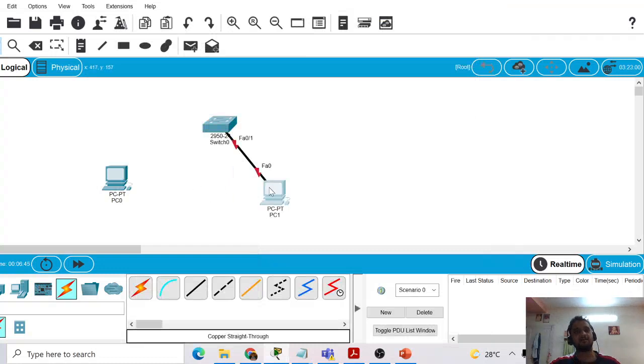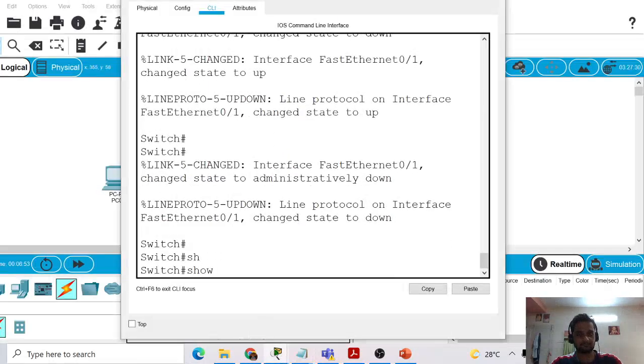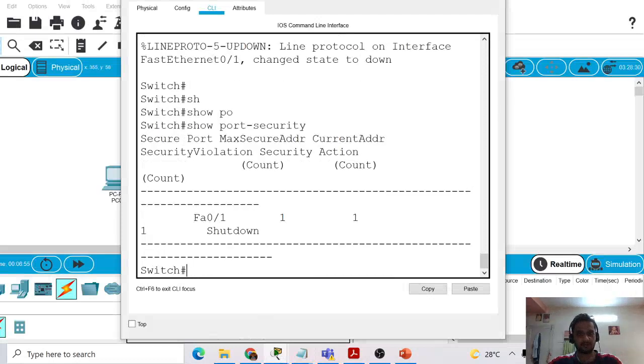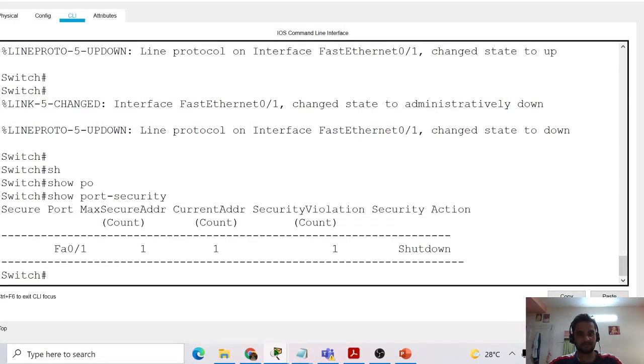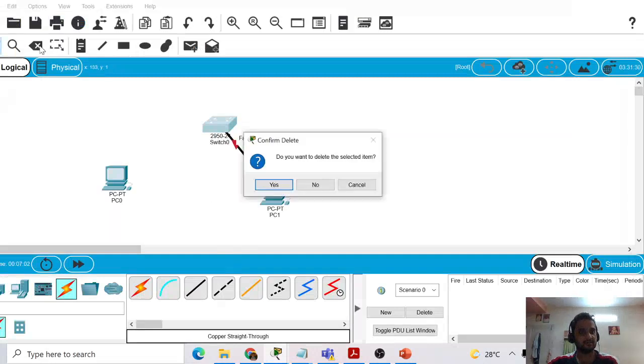So now if you see, the line is up, down. What happened is, if you go here, the violation count is 1. So now let's remove this one.